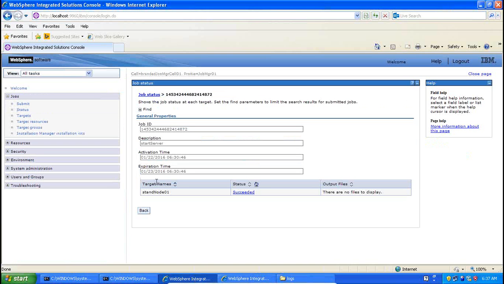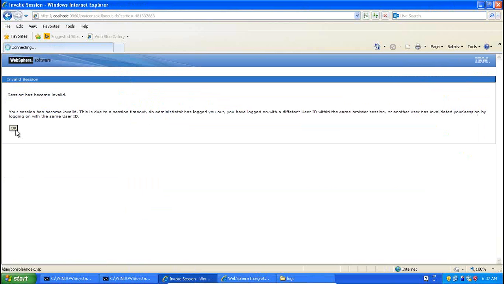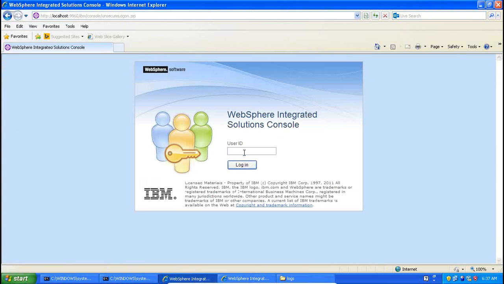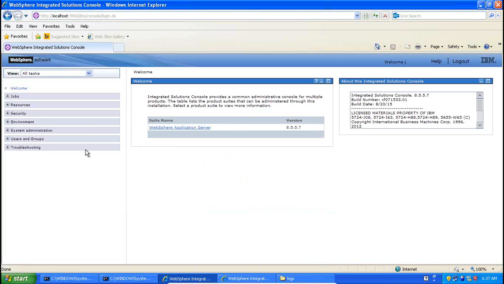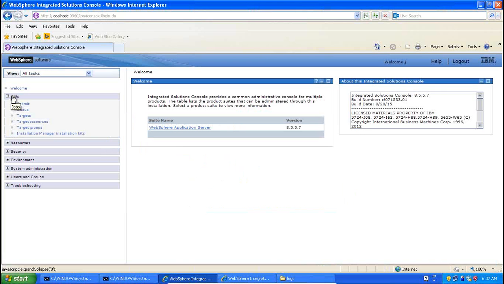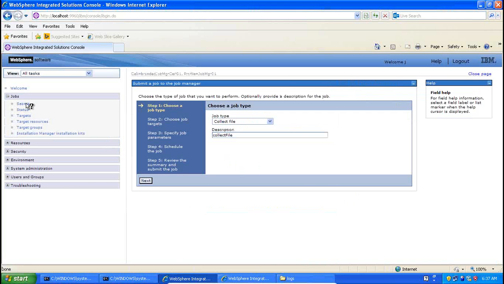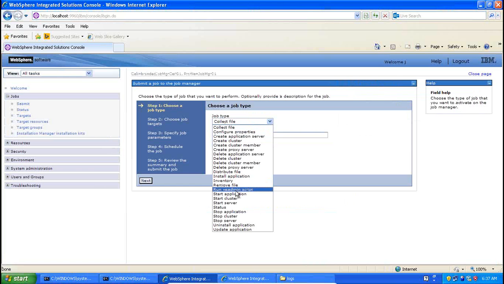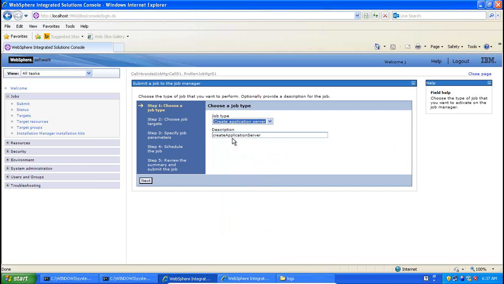Now get back to job manager's console. Log out and log in. Because I'm using same browser, right? Sessions will be expired once I log into another. So see here, come to jobs. This time also I'm submitting a new job, but this time I am creating an application server. Earlier I started, this time I am creating a new server. Next,